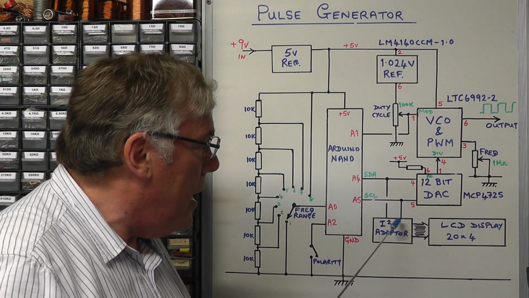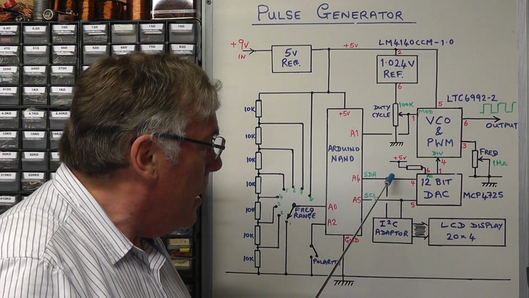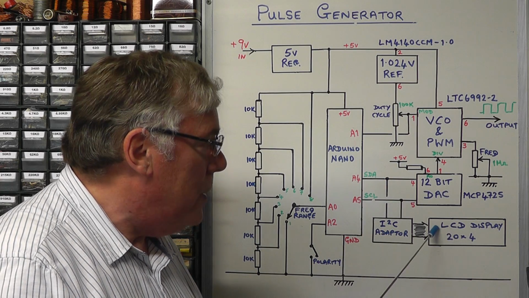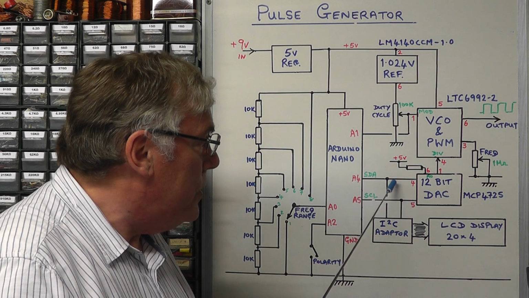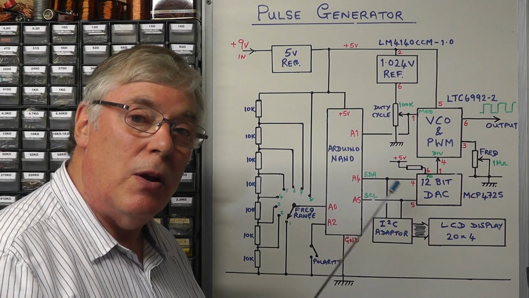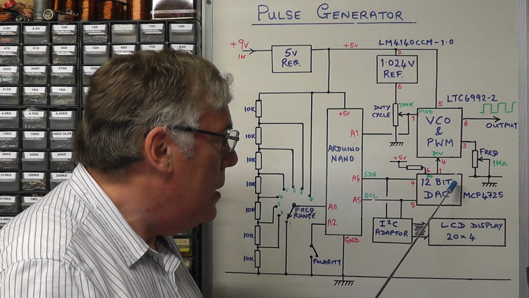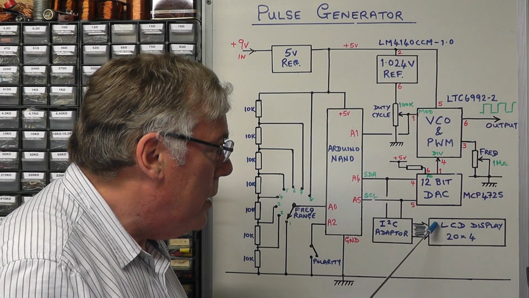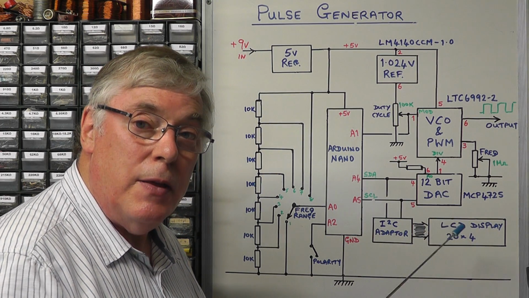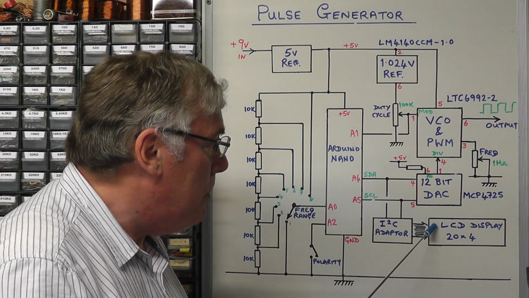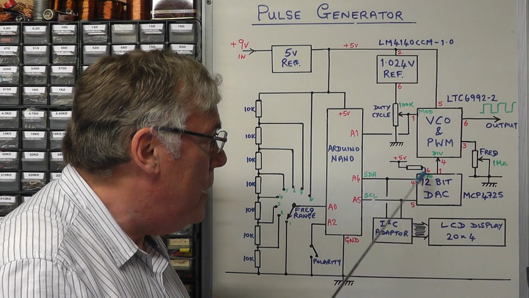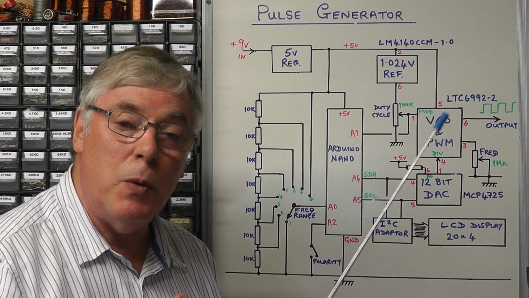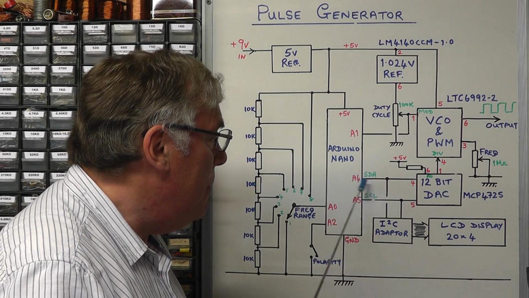So we can now feed the I2C bus to that little adapter that drives the display, and again you can see now that we're using the same 2 lines that we use to drive our 12-bit DAC, but what we'll do is ensure that the address for the LCD display will be different than the address we have for the DAC, so we can distinguish between the 2 when we're sending the information out from